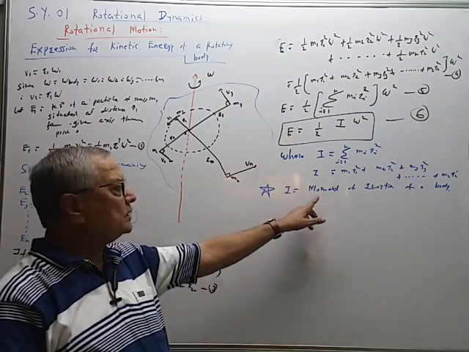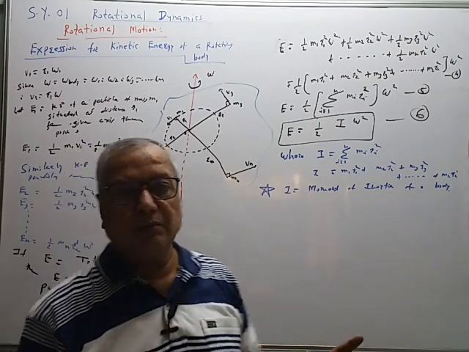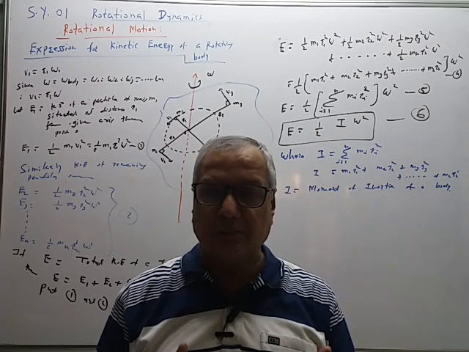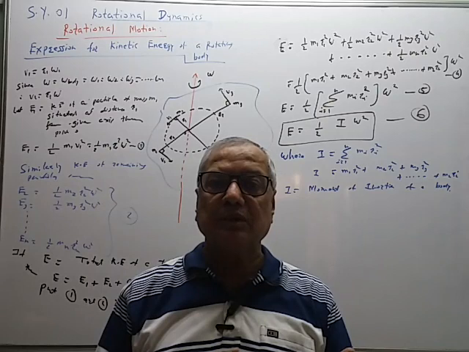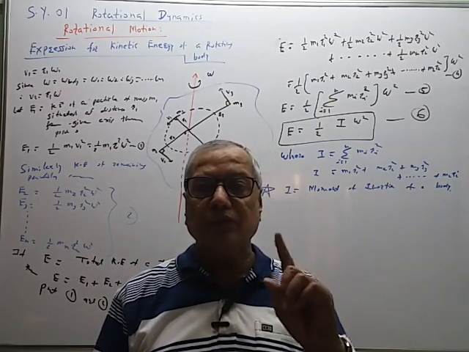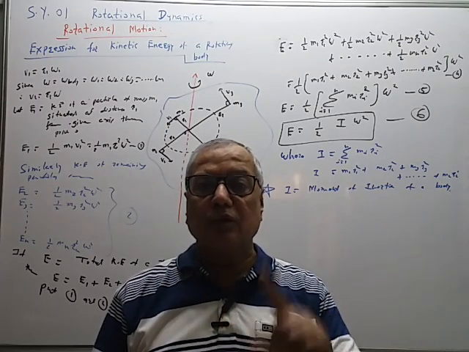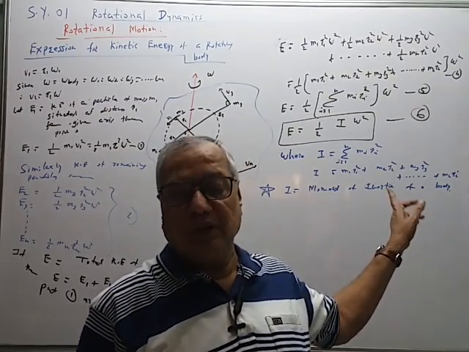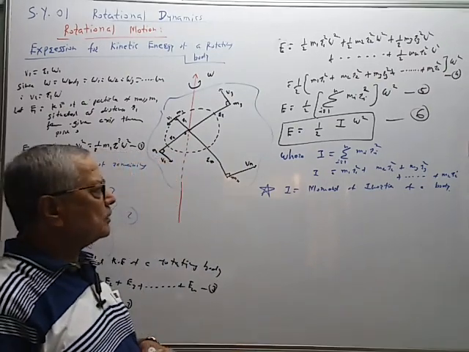So rotation motion is explained in terms of moment of inertia. In linear or translation motion we do not use this quantity, there we use mass. This is one of the points of difference between circular motion and rotation motion. Circular motion is always explained in terms of mass of the body. Rotation motion is explained in terms of moment of inertia of the body, like this. So this is a very important change here, like this. So I is the moment of inertia.